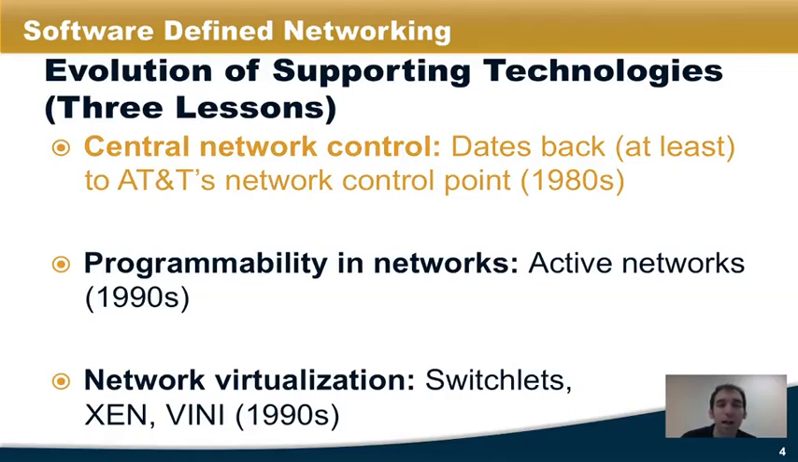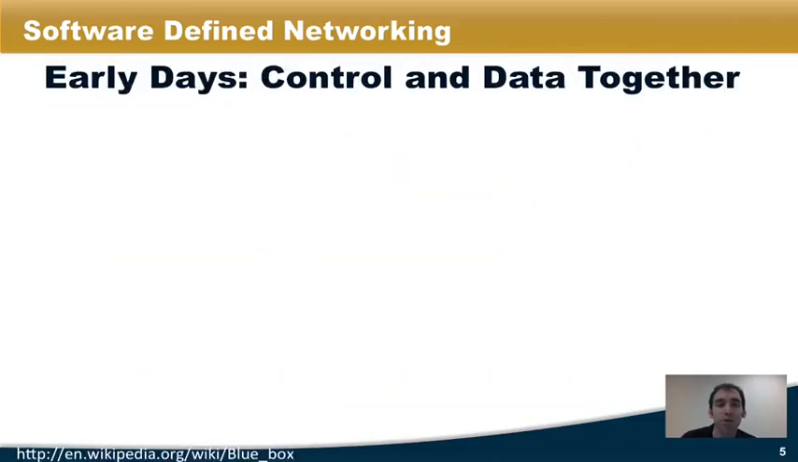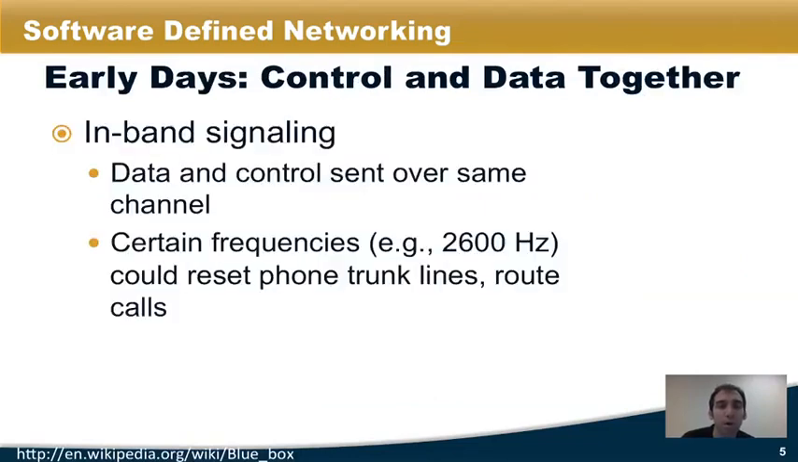So it wasn't always the case that networks had central network control. In particular, in the early days, control and data planes operated together in the same channel. This is a technology or a paradigm known as in-band signaling, where data and control, or in the case of the phone network, voice and control, were sent over the same channel. Certain frequencies in this channel, for example 2600 Hertz, could do things like reset phone trunk lines, and other types